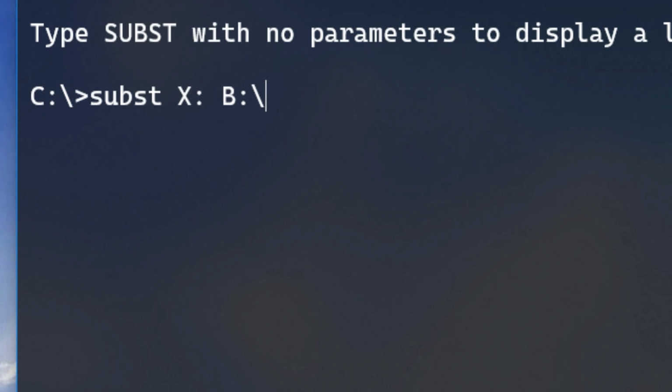But if you want to go further in, you type the full path and then leave the backslash off the end of the full path. That's just a little bit of a quirk. Also, you need to not be running this as an administrator. For some reason, it won't work if you run as an administrator.